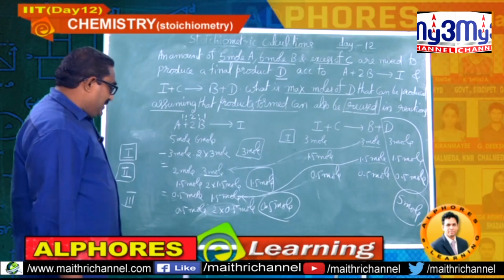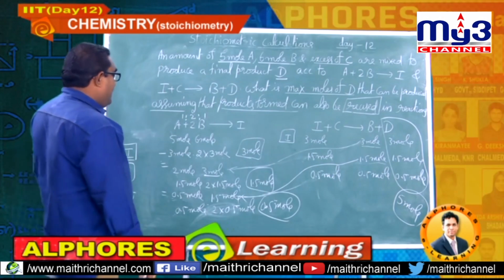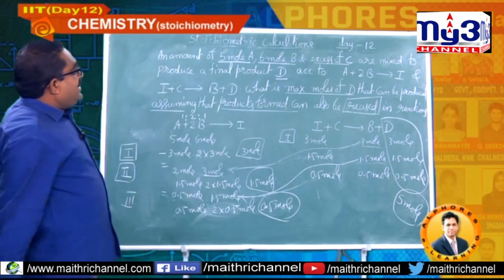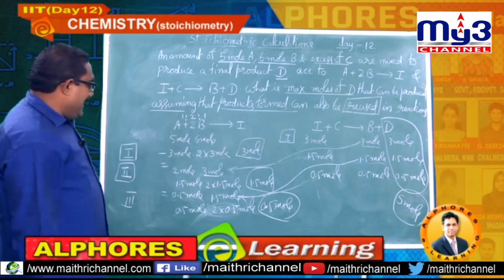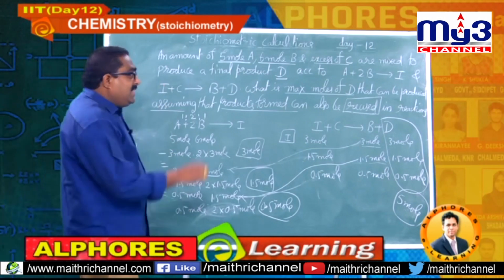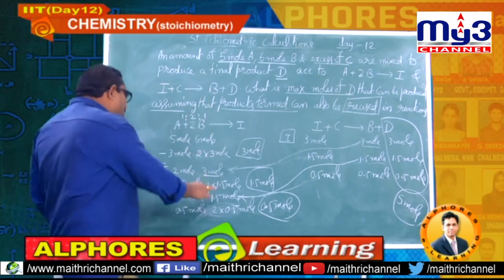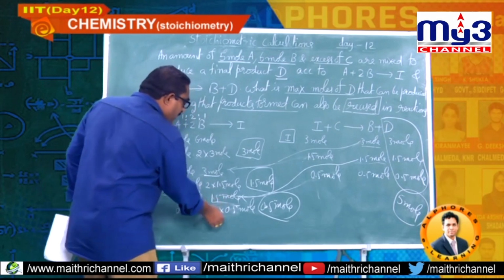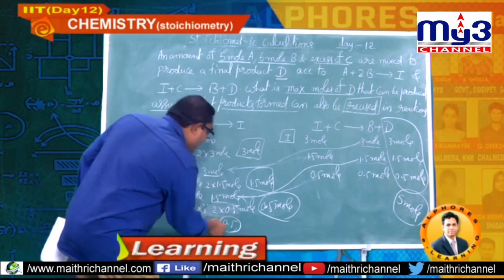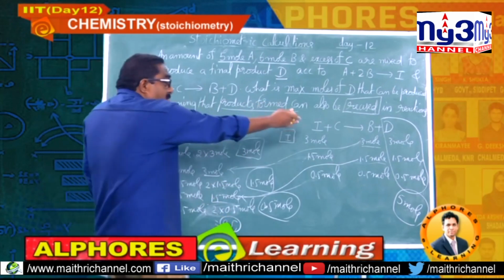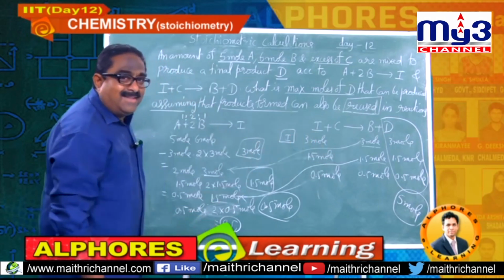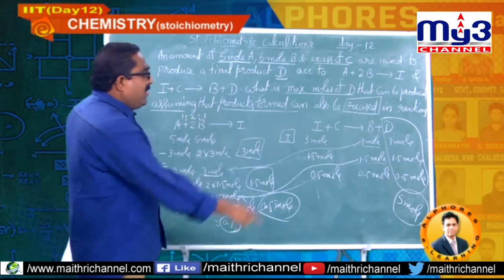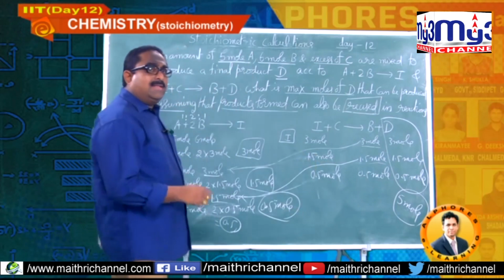Let us frame one more question. Which reactant is completely consumed here? A. So among these 3, A, B, C, A is the limiting reagent. So B is also in excess. C is also in excess, he has given in the question itself. Why is B in excess? Here out of 1.5, only 1 is consumed. 0.5 will be left here. Automatically one more 0.5 of B is also formed there. So 0.5, 0.5. So finally 1 mole of B is in excess. And finally D is formed as 5 moles. This is the beauty of the question.